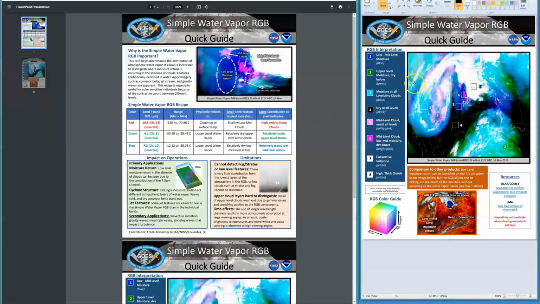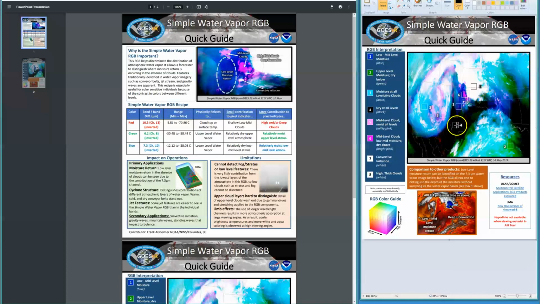And we're going to take a look at this guide on the left here. As we look into the simple water vapor channel here, the blues are going to represent the low and mid-level moisture, okay? The greens are going to be the upper level moisture, but dry. It's dry below. Moisture at all levels in the lighter blues here. The darker blues are obviously going to show low level water vapor. And then we compare that with the low level, the mid level, and the upper level water vapor channels. But this is a simple water vapor